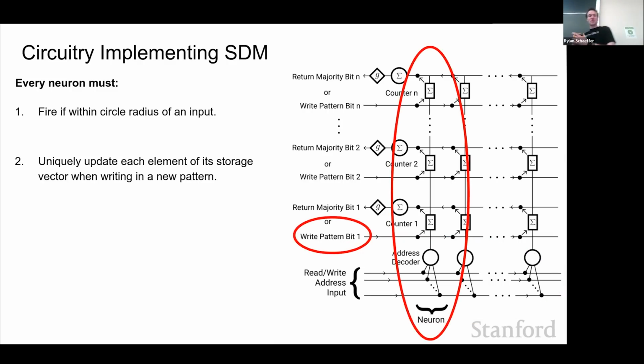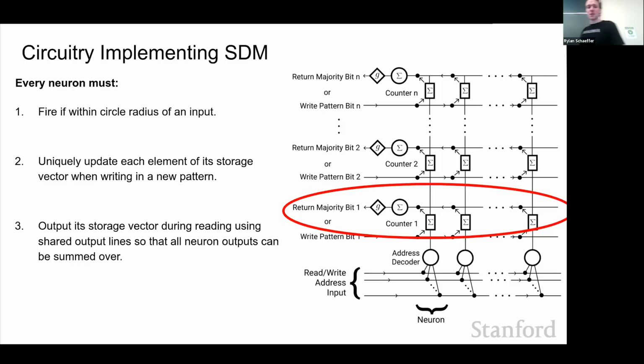Then, if the neuron does fire and you're writing in that pattern, you simultaneously, and this is crazy, the brain doesn't do this, and then I'm going to hopefully show you it does. You not only need the pattern that activates neurons, but also a separate line that tells the neuron what to store. Just like the difference between keys and values, which can be different vectors representing different things, here you have a key that comes in and tells the neuron when to activate, and a value for what it should actually store and output later. This is called a heteroassociative mapping.